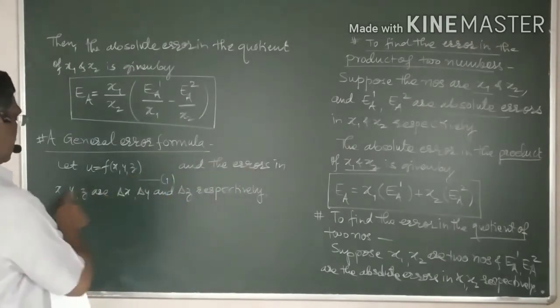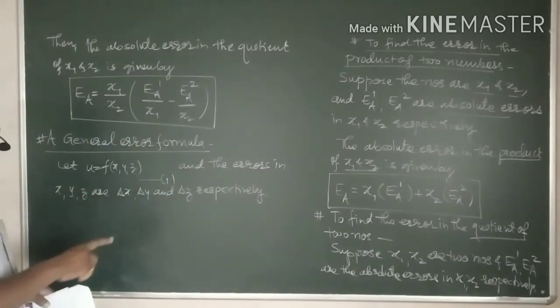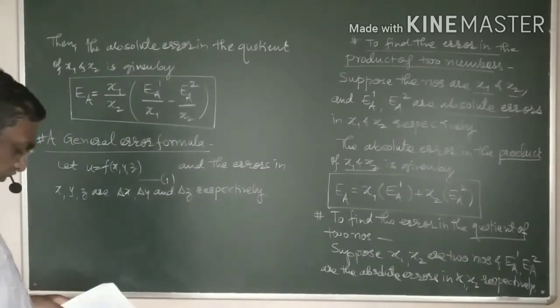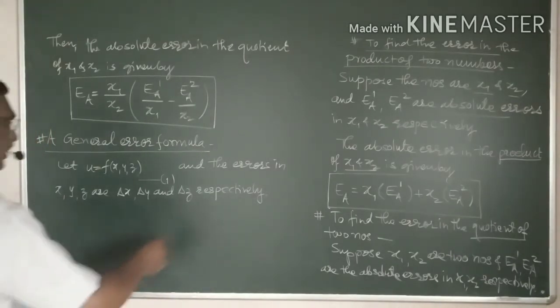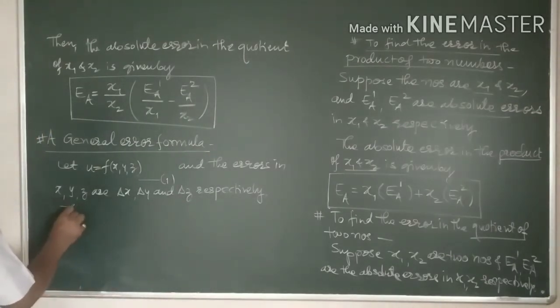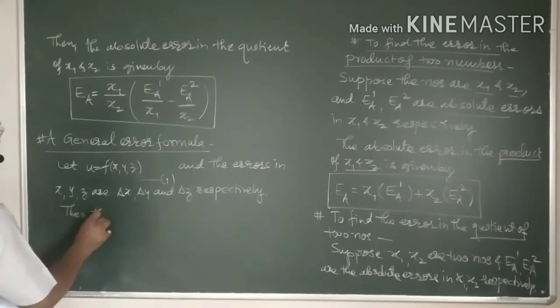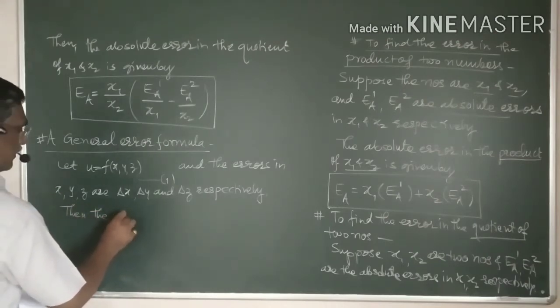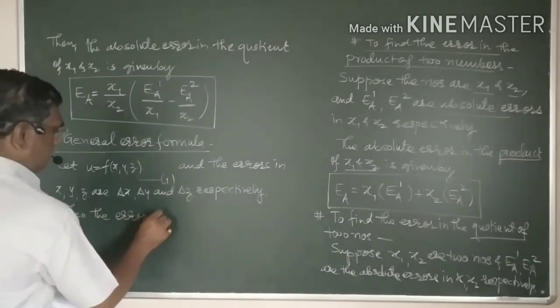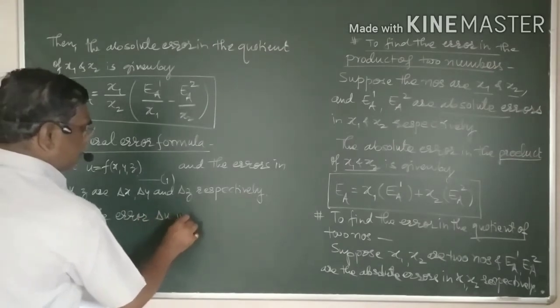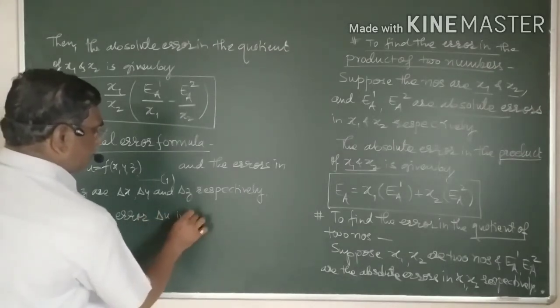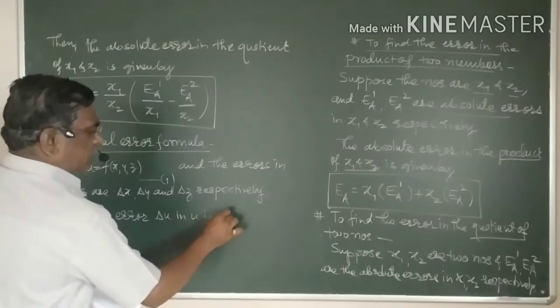Therefore, the errors in x, y, z are del x, del y, del z respectively. Then the error del u in u is given by